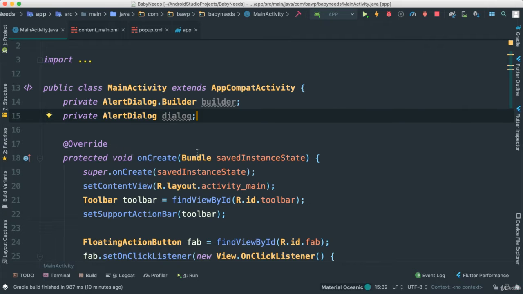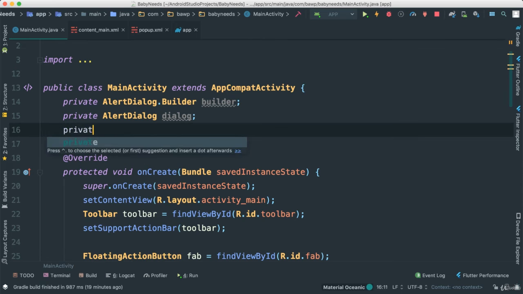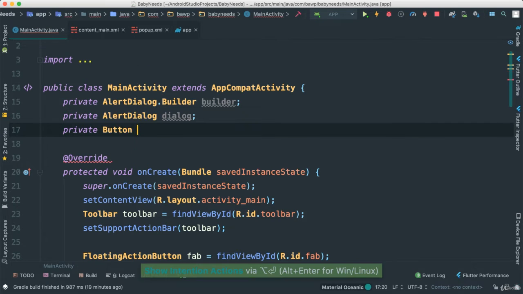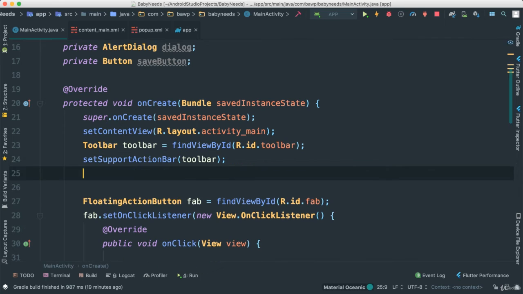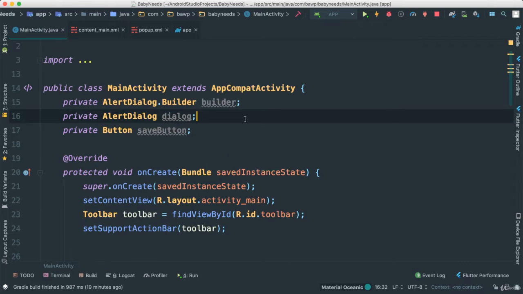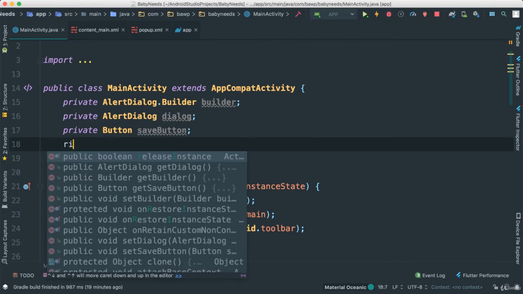All right, so we have that, and what I'm going to do here also, before I forget, I'm going to say private button, and let's import that, say save button. We should see how all that pans out. So inside here, I'm going to go ahead and set things up. All right, and the next thing actually is I'm going to say private